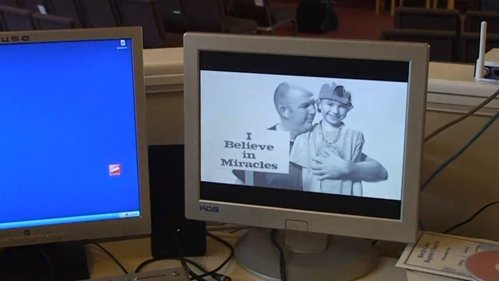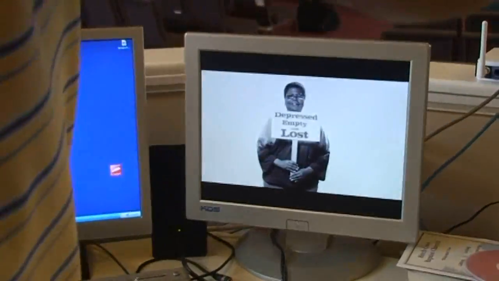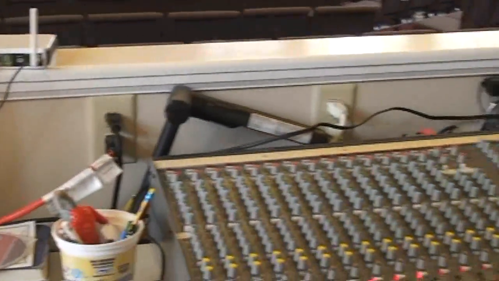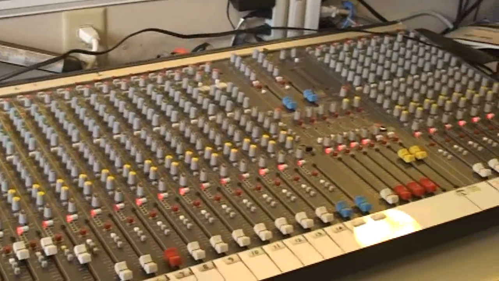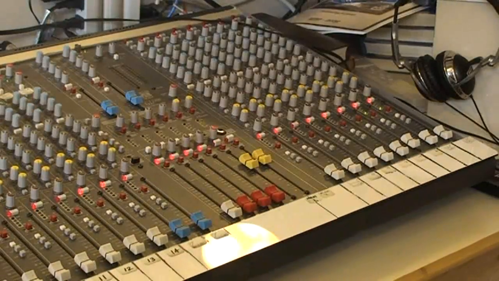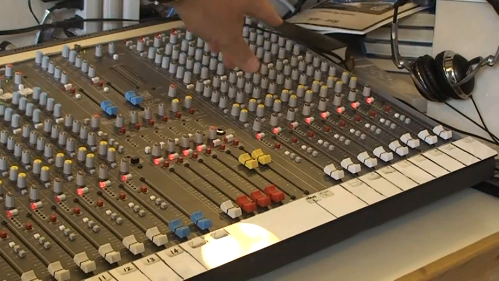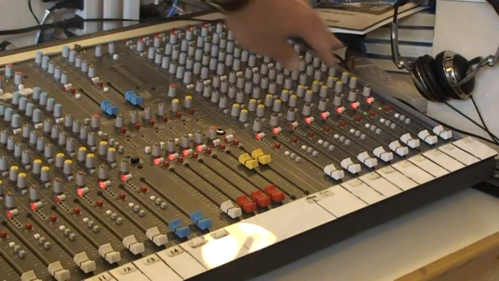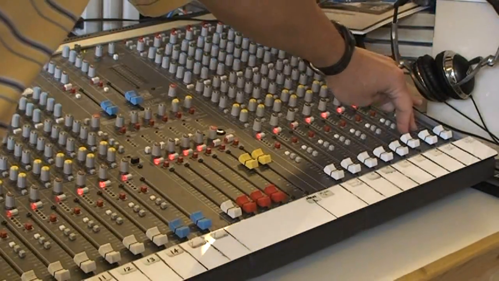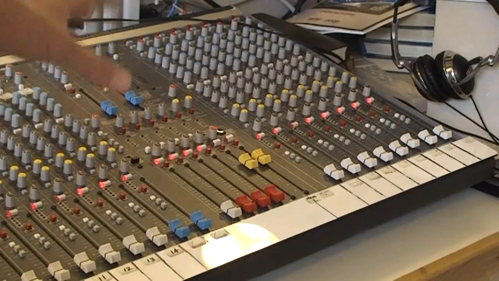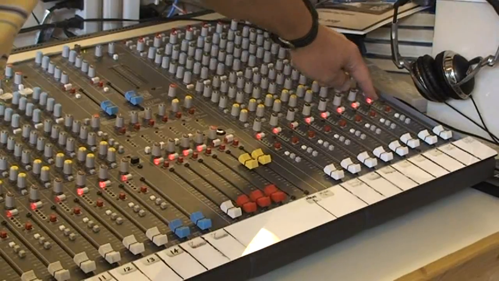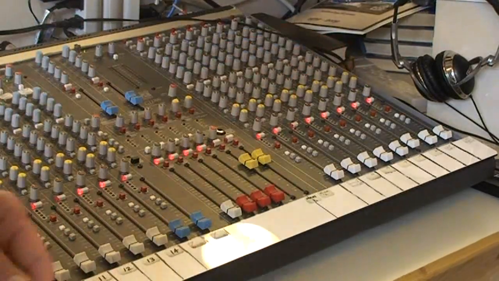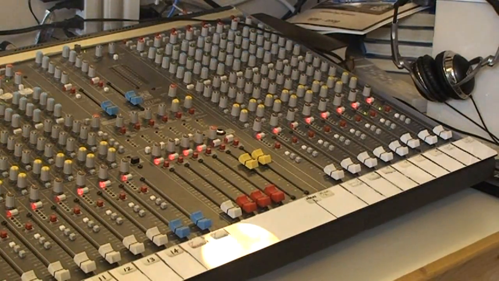I'm going to wheel you around so you can see the main board as well. The two channels that this is related to are the last two channels here. Of course they have to have the board turned on and everything set up, but you can see these little signal lights are going off, which are telling us